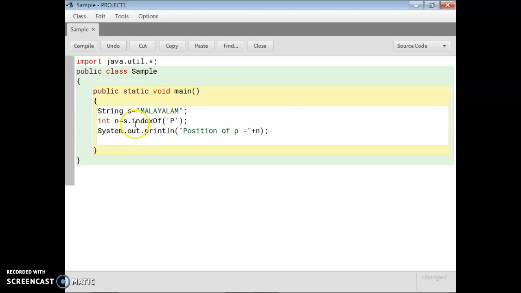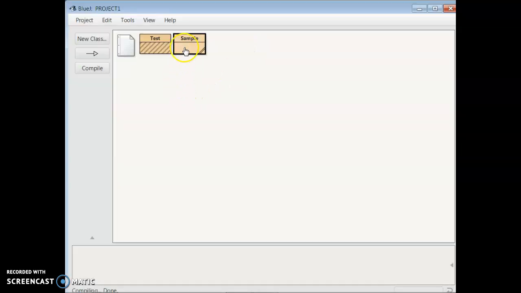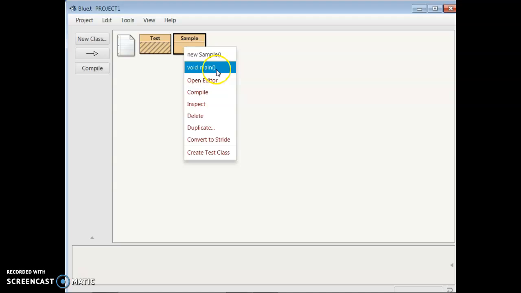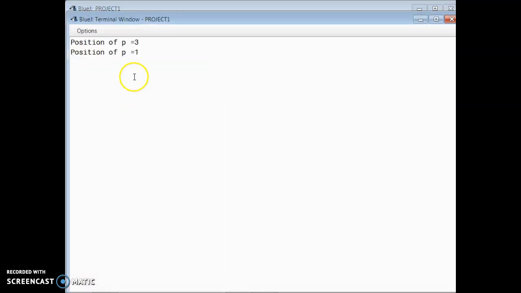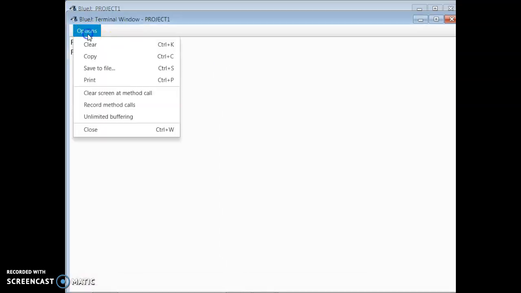So if I just write is dot indexOf A, then let's see what happens. Its result must be 1. Let's compile. I am not doing lastIndexOf, I am just showing indexOf only. So it is 1.